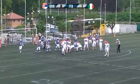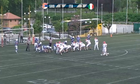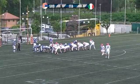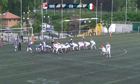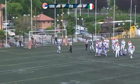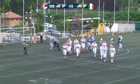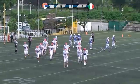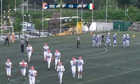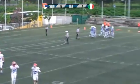Holder is supposed to be number 2, the quarterback. Kicker is the number 17, Tiomir Todorov, that we saw as a good wide receiver during the first half. The ball is snapped, the ball is kicked. The kick is wide out on the left. So the score stays 7 Italy, 6 Serbia after this punt return that made